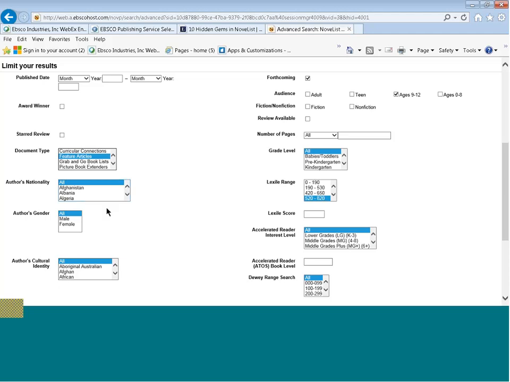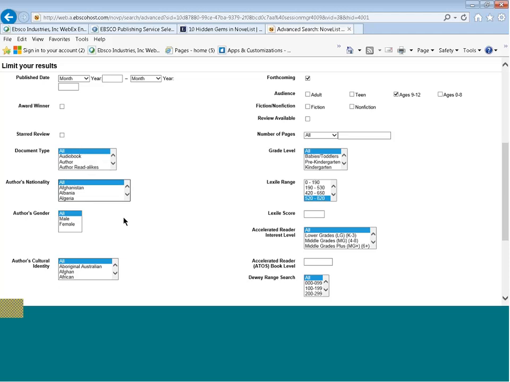You have author's nationality. If everything else is cleared and I just choose the country, I'll find a reading list when I click search of all the Afghani authors or all the Chilean authors in NoveList Plus.